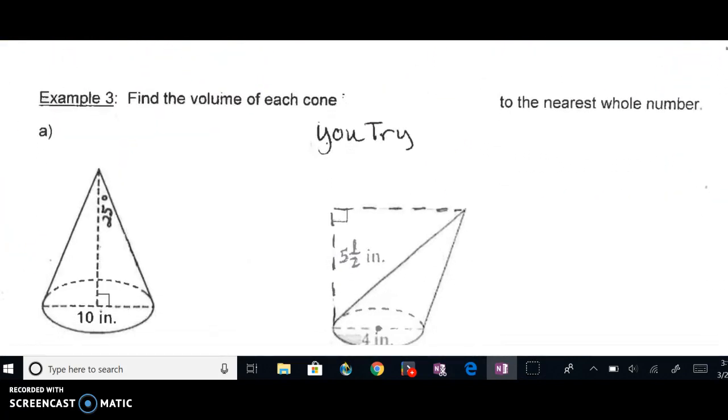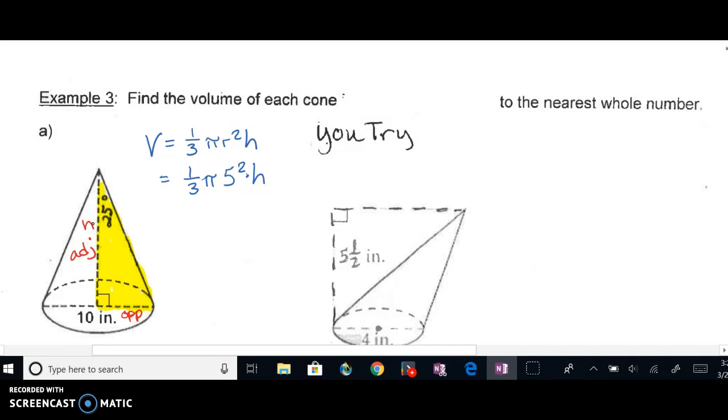All right, let's take a look at example 3. Find the volume of each cone to the nearest whole number, our instructions. So we're talking about 1/3 pi r squared h. So that's 1/3 pi, we know our radius would be 5 if our diameter is 10, squared times, oh, again, we don't know the height. And so this time, let's look at what we have. We have this right triangle with the 25 degrees in the top corner. So in this situation, we can do opposite and adjacent